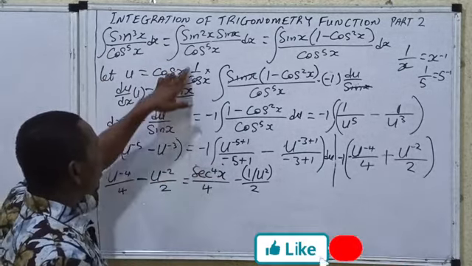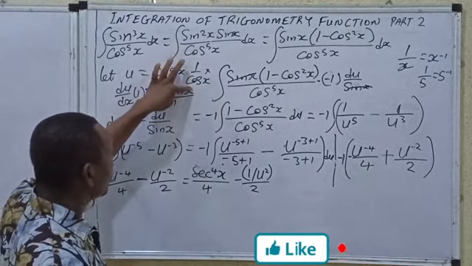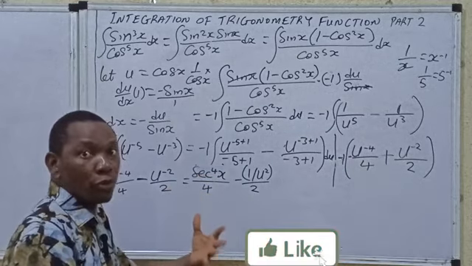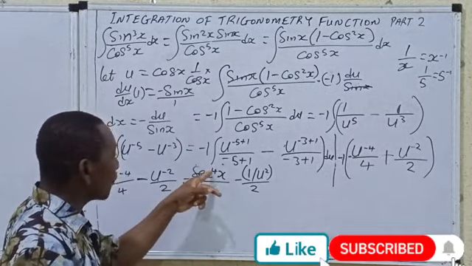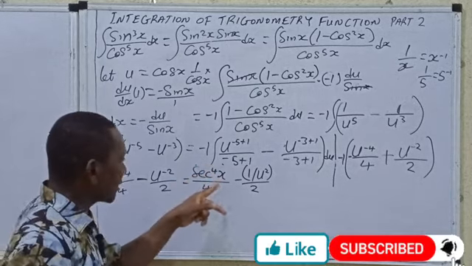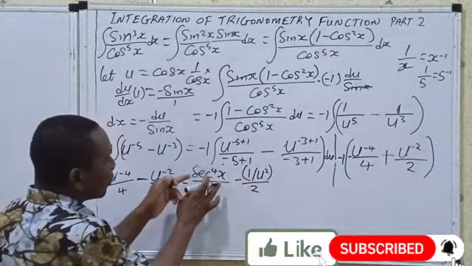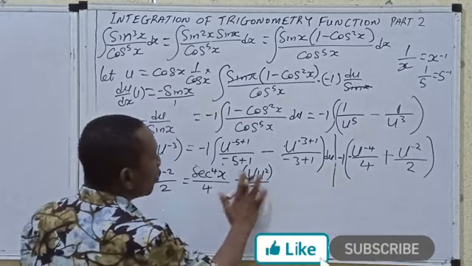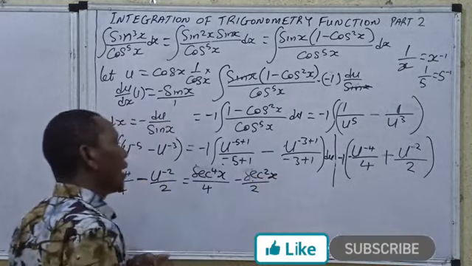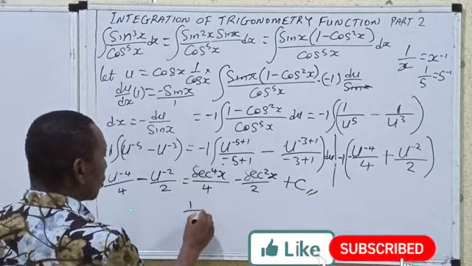Listen carefully again. 1 all over u is 1 all over cos x. So we have 4 of it here. 1 all over u into 4 places is sec x times 4 places, which is sec raised to the power of 4 of x, all over 4, which is this 4. And this is the same thing. Instead of 4 places, here it is 2 places, which will now give you sec square x. What is the last thing you are supposed to do? Plus C. So this can be the answer, or you can rewrite it as 1 all over 4